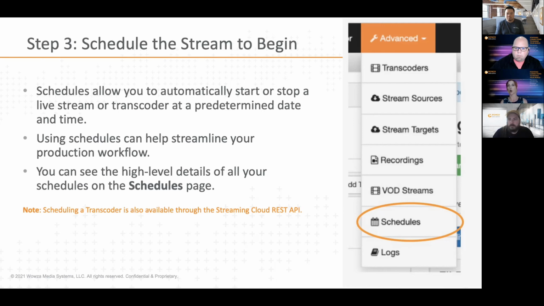If you wanted to know if everything's working properly, you could always set up webhooks. That is just some alerts that will come your way. It's a status update, that things have started, they've stopped on time. But other than that, you can go in here and just set it up, like I said, as far in advance as you want to. And Streaming Cloud works like a well-oiled machine. It takes care of all of it for you. So that, again, is just a very high-level overview, but I want to share that with you because it can save you a lot of time. Again, you don't have to worry about the live event. You don't have to worry about things going wrong.